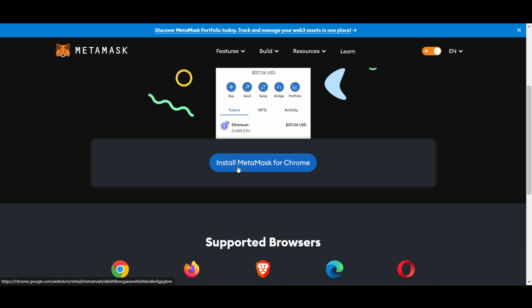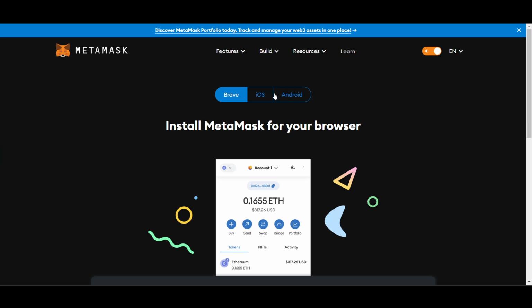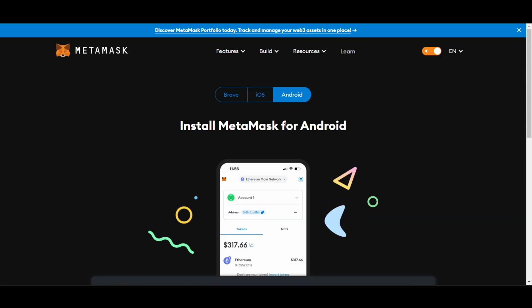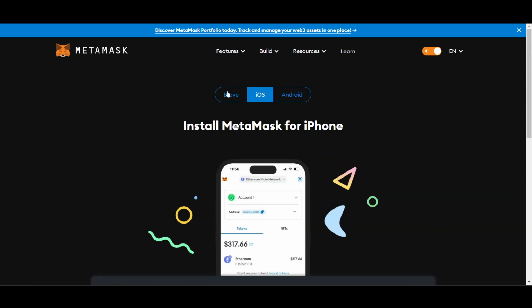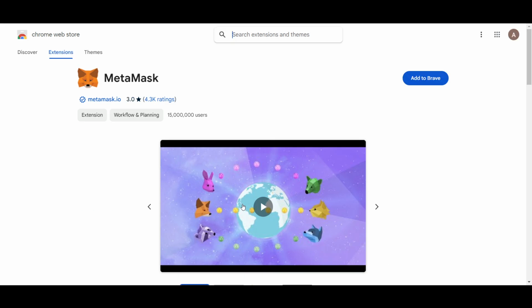Now here you will get this option of install Metamask for Chrome, right? If you're using Android, then definitely you can just go and select Android and you can install it on your phone, or iOS at the same time. Now I will just select here install MetaMask for Chrome. After that, once you have installed it, just go and click on add Brave and it will get installed